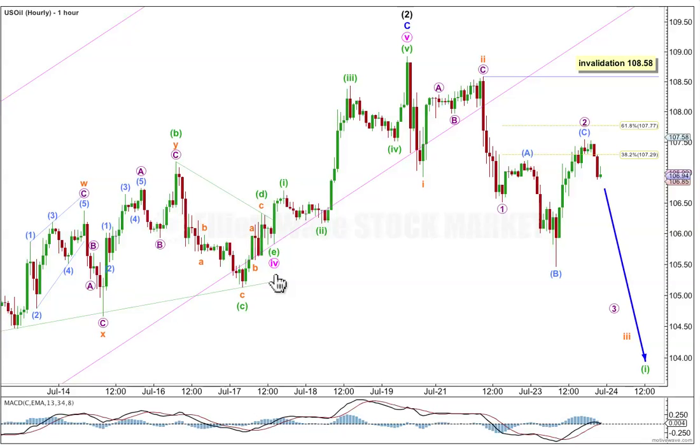not a flat correction but a triangle. There's perfect alternation between minute waves 2 and 4 within this impulse for minor wave C. Minute wave 2 was a very brief, sharp, deep zigzag, and minute wave 4 is a much more time-consuming, choppy, overlapping, sideways moving triangle. I've checked the subdivisions of this triangle on the 5-minute chart, and it all subdivides beautifully,